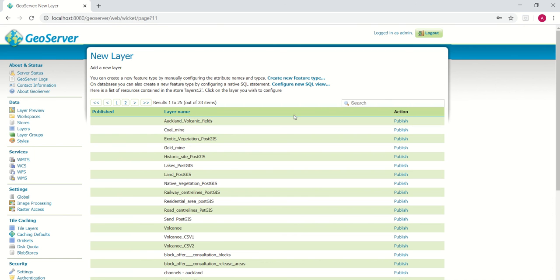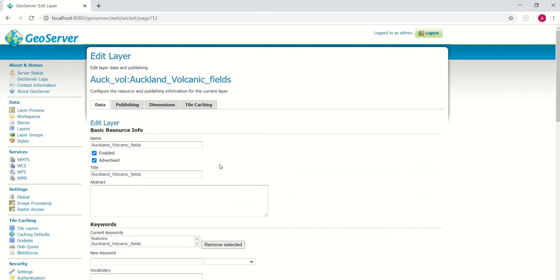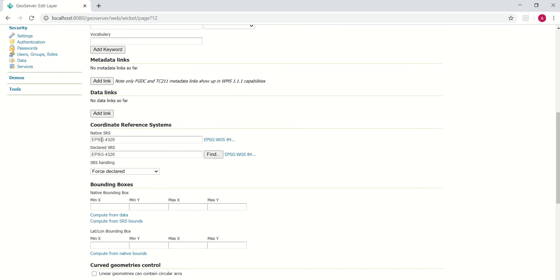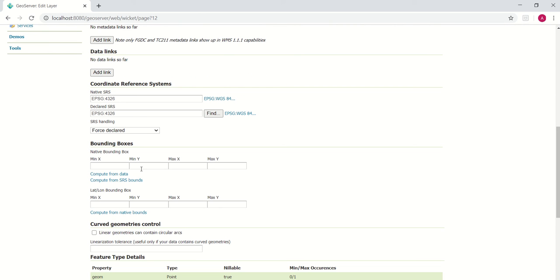Now we will try to publish this layer. After publishing this layer, we can use it for our web mapping application. For publishing the layer, we have to provide this SRS ID and the bounding boxes.